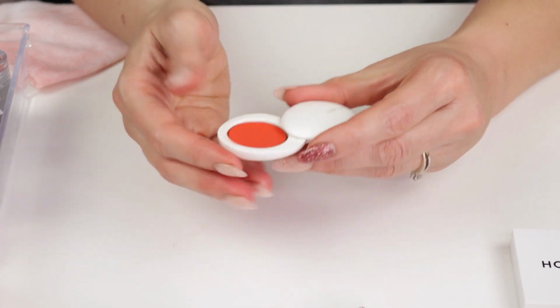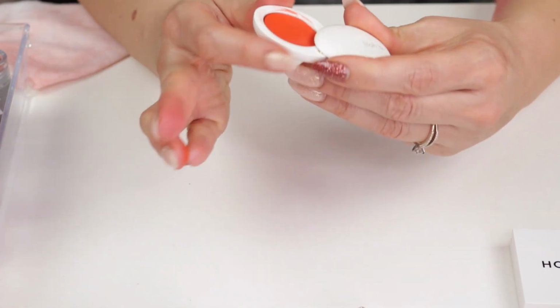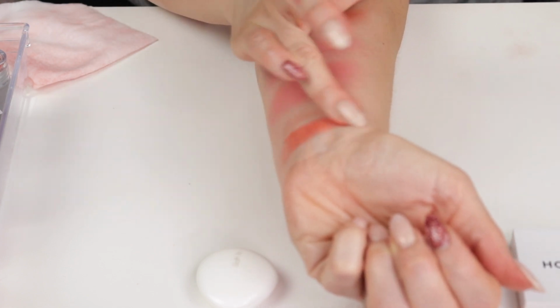And I don't know why, but I had to wipe it and now it's got little dark fibers in it. But oh, this one is gonna be so pretty in the summertime. I think I've only worn this one once. I'm gonna put this one down here on my wrist, but ooh mama,